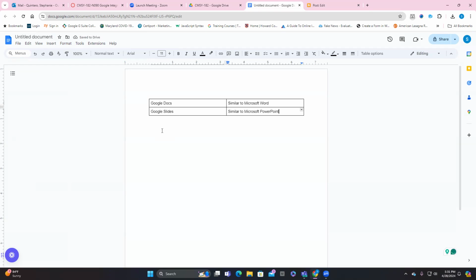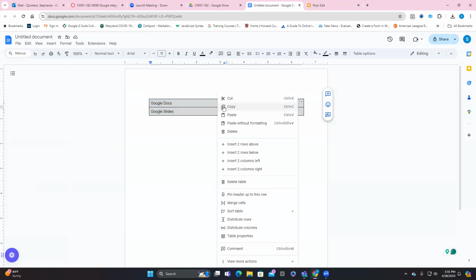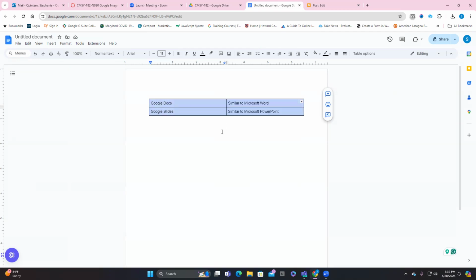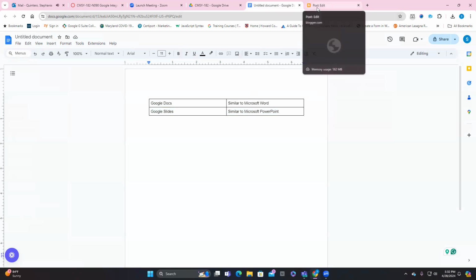So what I want to do is just copy this, and I can easily copy it just by selecting the table like this. Just click and drag across the whole thing. Okay, and then I'm going to copy. So I'm going to right click within my table and I'll choose copy. All right. Now I'll go back to my blog post